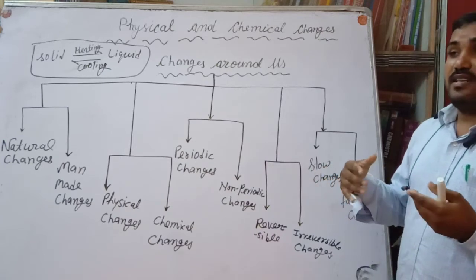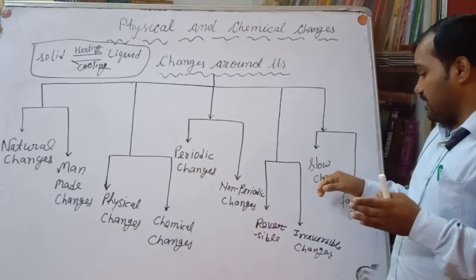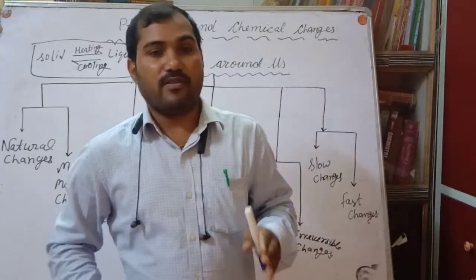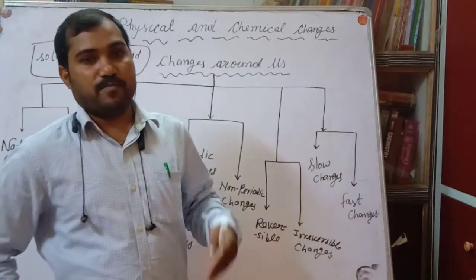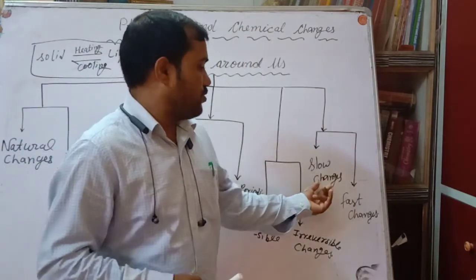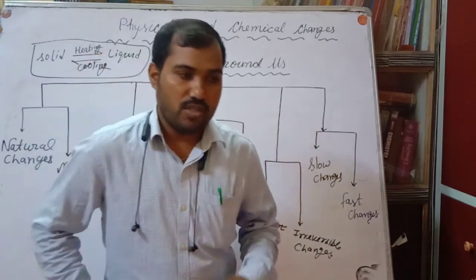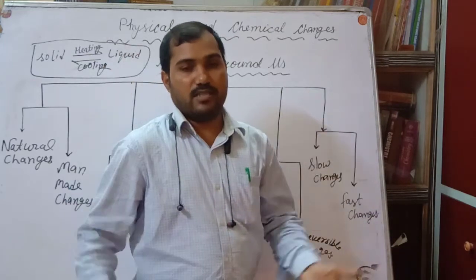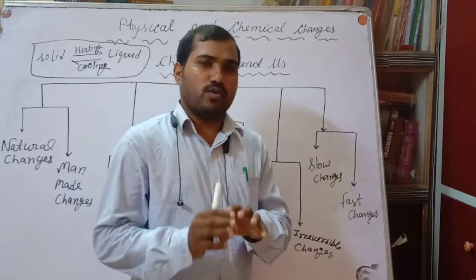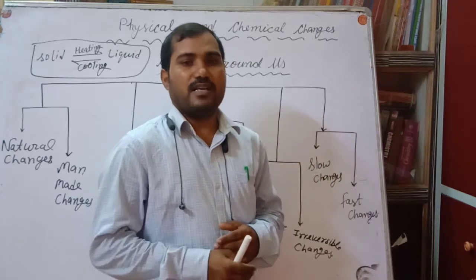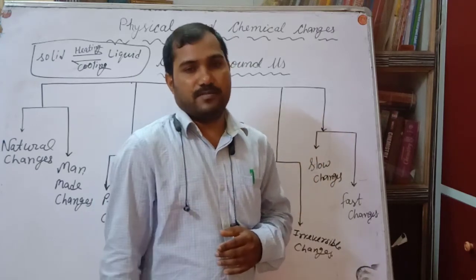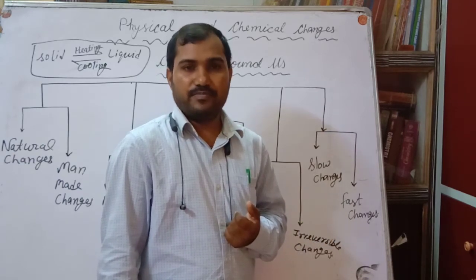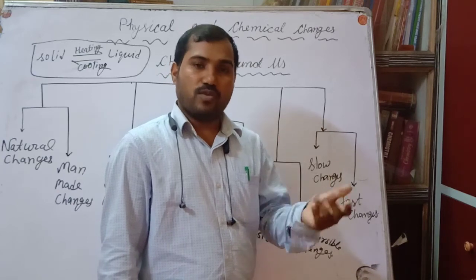Slow changes means the rate of this kind of change is very slow, that we can measure and see the activity. For example, rusting of iron is a slow change. See, suppose whatever color is the color of the wall, in the beginning it looks very dark, but as time passes, the color of the wall fades. Which kind of changes? Slow changes, my dear. Conversion of milk to curd, slow changes.